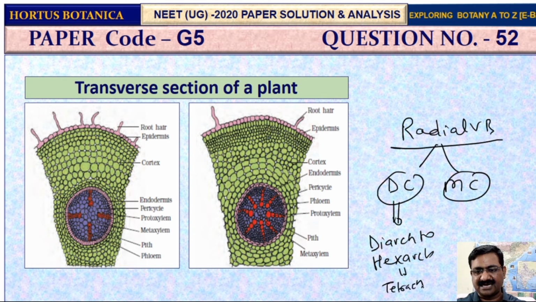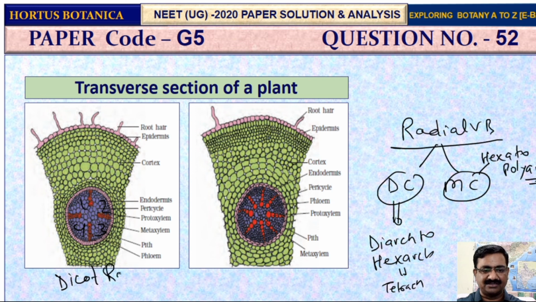See this condition, 1 2 3 4, this is tetrarch, the characteristic feature of dicot root. And here, 1 2 3 4 5 6 7 8, more than 6, that's why this is polyarch, and this polyarch character is the anatomical feature of